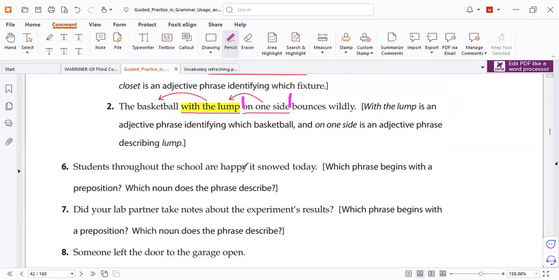Now we need to test you. Where is the phrase in number 6? I think it's okay. R is a verb, right? R is a verb already, verb to be. Okay, so happy it's not today. Let's see.